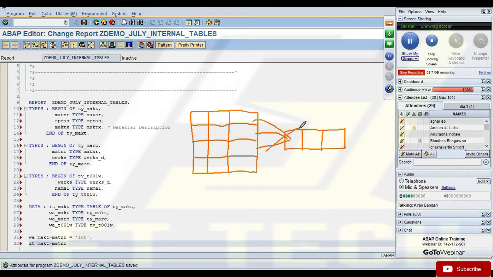So I'll be defining a separate memory as a work area for this internal table, and I'll be using this work area. The same way, if I want to store data in the internal table, I would fill the work area with the line what I want to store, and then store it in the internal table. So I'll be again using a work area. So to either retrieve data from the internal table or to store data in the internal table, we always need a work area.